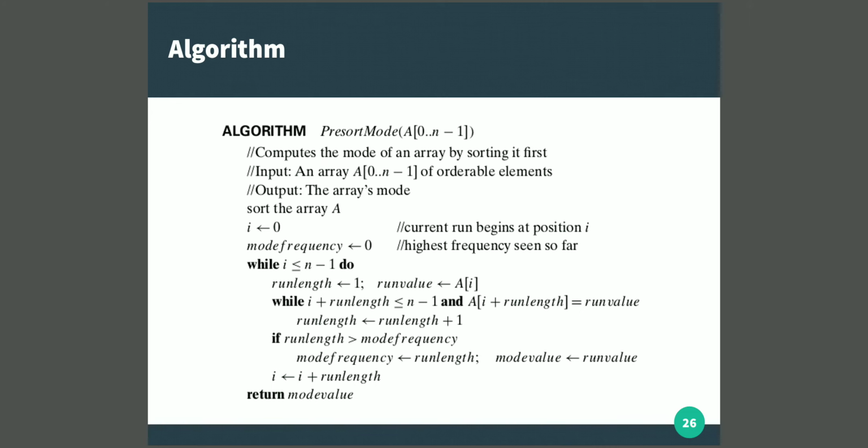So you don't have i is equal to i plus 1 here. Rather, in the algorithm you have i is equal to i plus run length. Suppose I am at the second element and my run length is 4, and the inner while has stopped, at which point run length is 4. In the next iteration, I am not going to the third element. Rather, from the second element, I am directly going on to the sixth element. Run length is 4, so 2 plus 4 is 6. I go on to the sixth element.